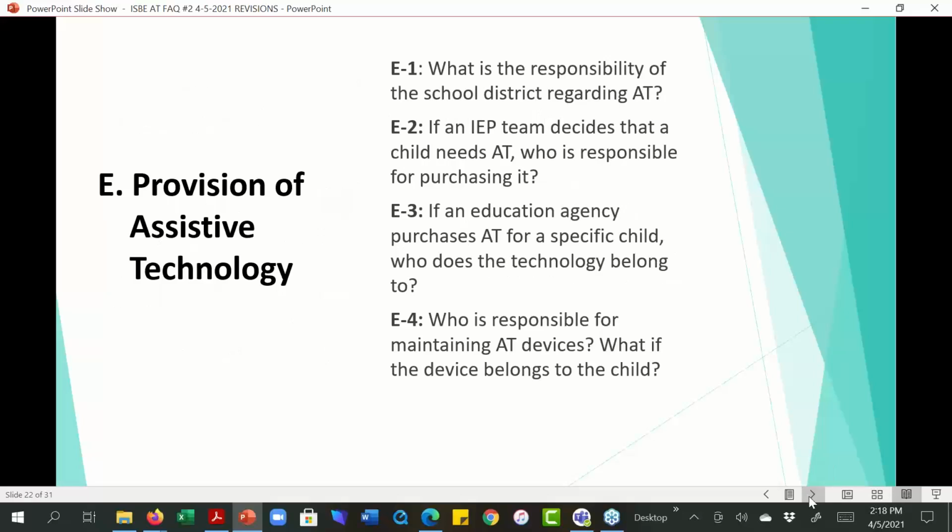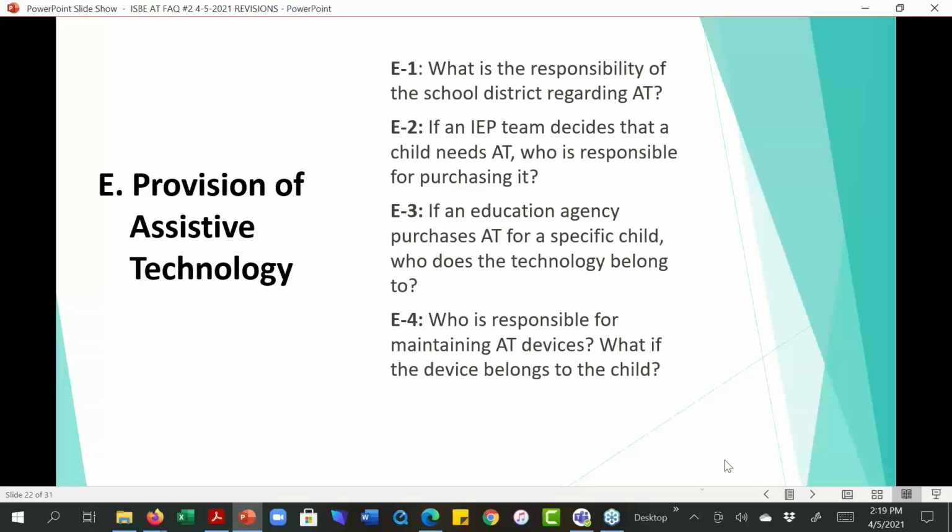The next section in the frequently asked questions document is provision of assistive technology. The questions are based around what is the responsibility of the school district regarding assistive technology, who's required to provide it, who does it belong to if the AT is purchased for a specific child, and whose responsibility is it to maintain AT devices?